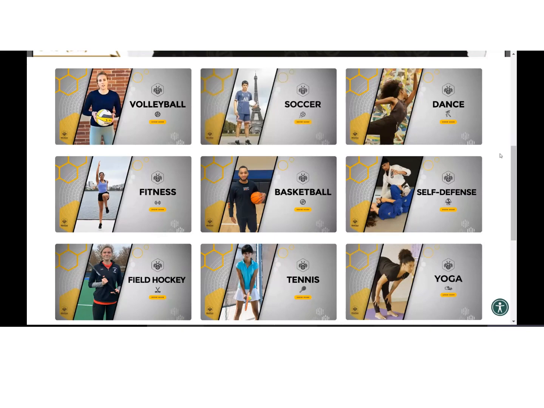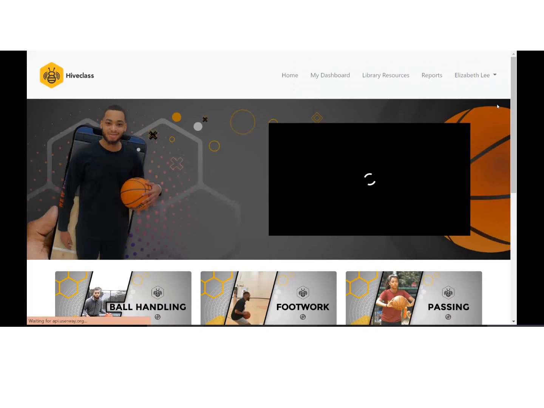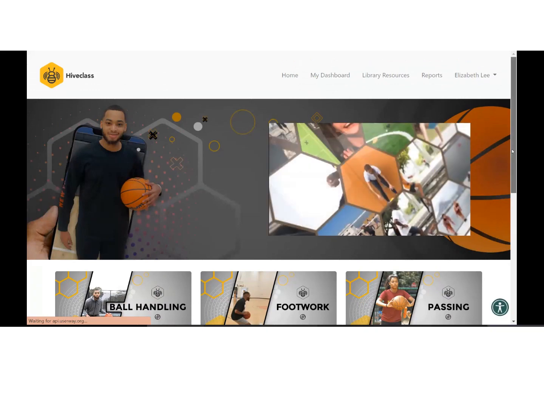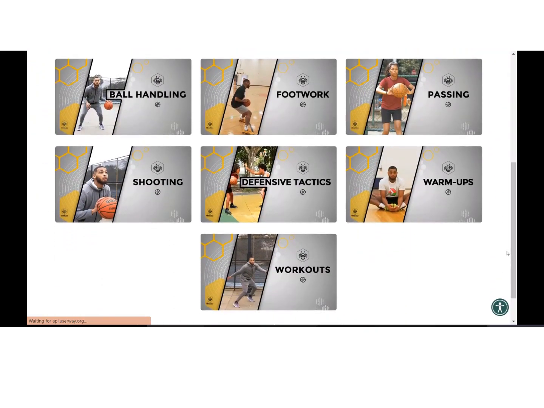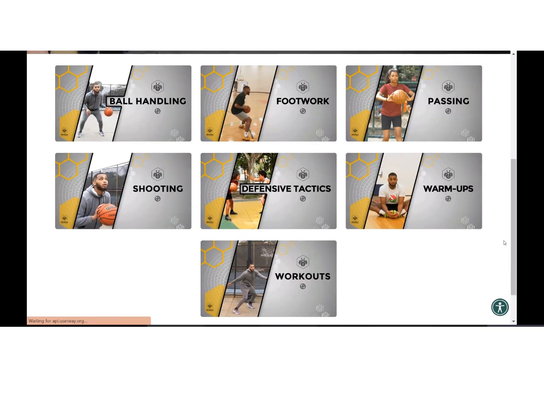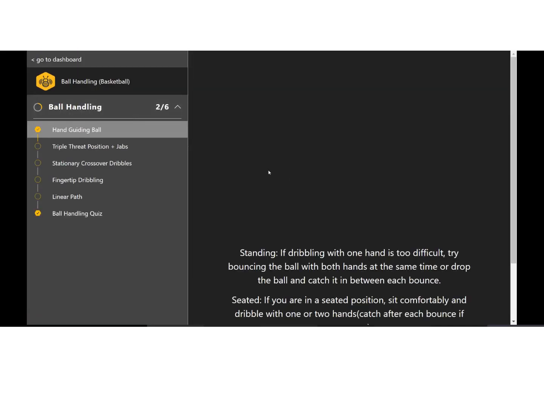If you have a child or somebody who wants to learn how to play a sport, they would just come here. So I'll go basketball because I really like basketball. And so what we've done is, rather than saying, if you want to learn basketball, here's every step to learning basketball, or here's where I think you should start regardless of your own specific journey, we've broken things into skill sets so that your user, your patron, can start with any tile in any order that they want. There is no right or wrong answer. So I'll just go to ball handling here because I just like it.